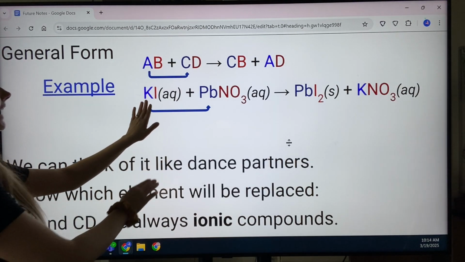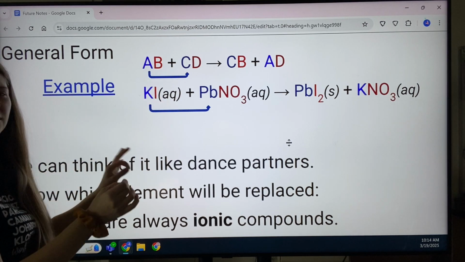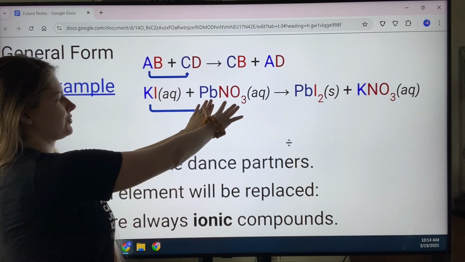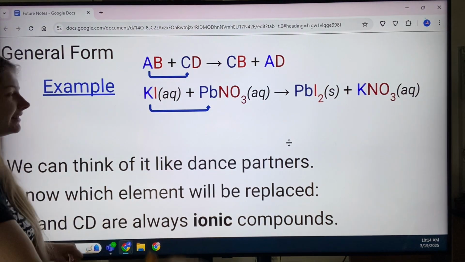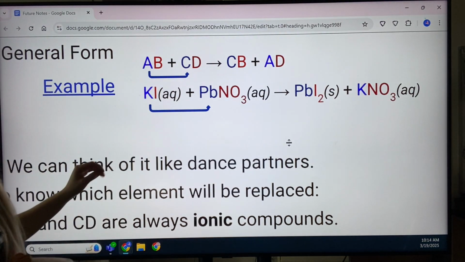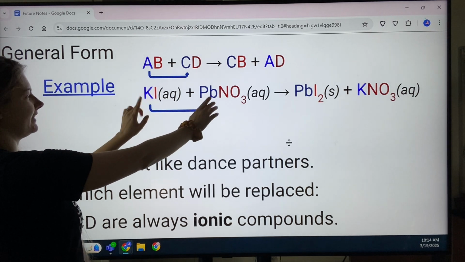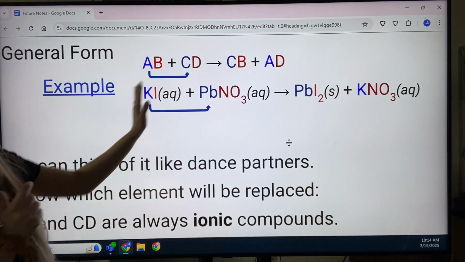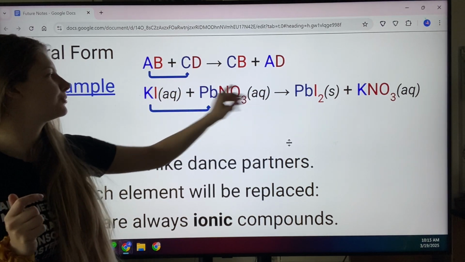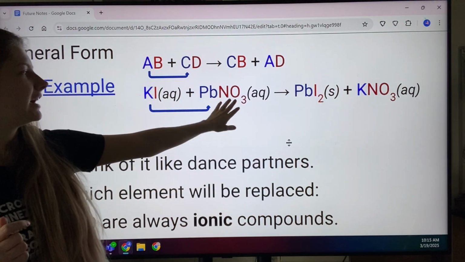Here we have potassium and iodine, so a metal and a nonmetal. This is gonna react with lead nitrate, a metal and another nonmetal, this one here being a polyatomic ion, something we learned in the last set of notes. Now, potassium is going to switch places with lead. So these 2 are gonna go whoop and flop on over. The result is now lead is with the iodine from the beginning, and potassium is with the nitrate in the